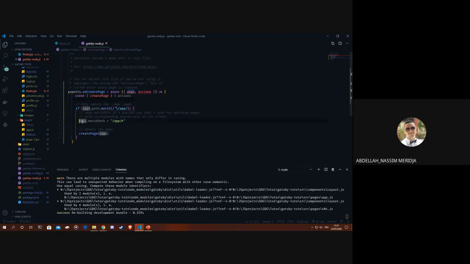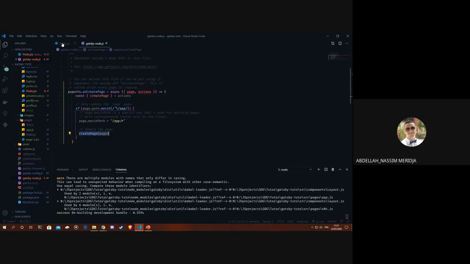Then we set the page.matchPath equal to /app/* to tell it that all the routes behind it are client-side routes. And then we create the page, of course,